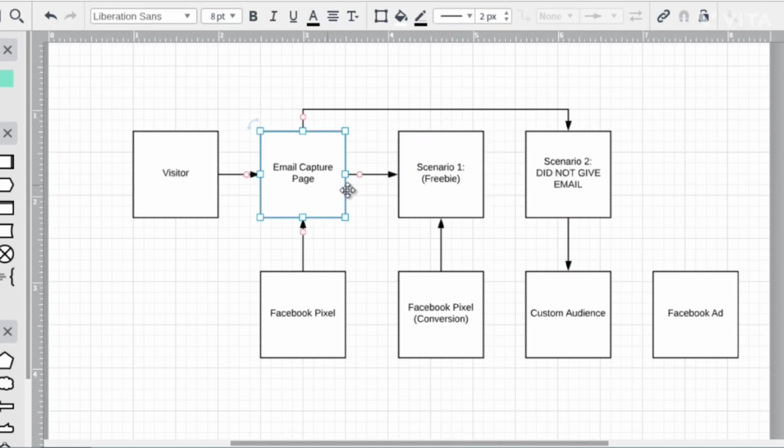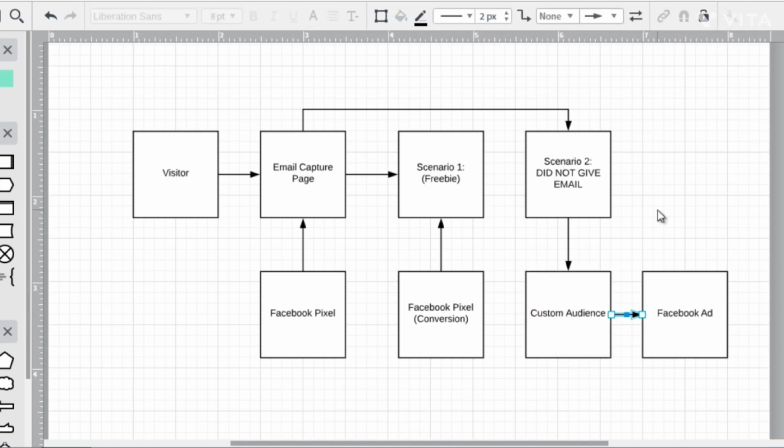If they visited this page and this page, then we do not retarget them. It's going to be easier to understand when I visually show it to you, but I just want to give you a bird's eye view here. So at this point, they did not give us the email, so therefore we add them to a custom audience,